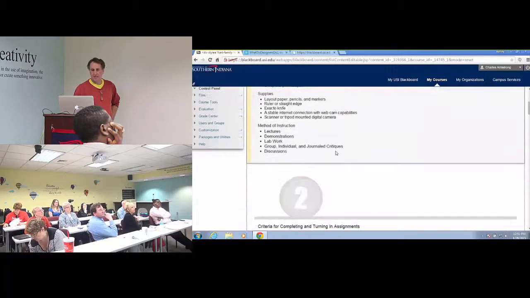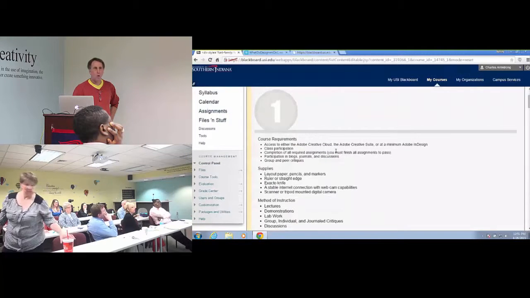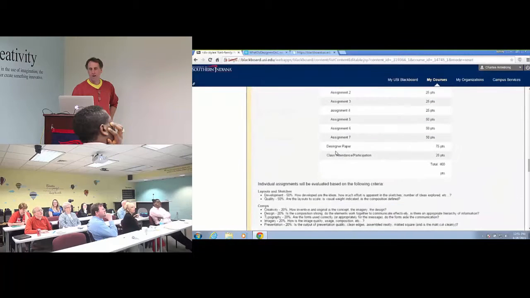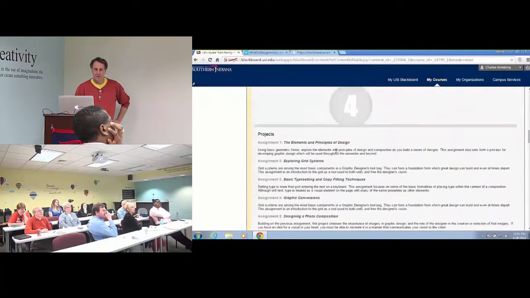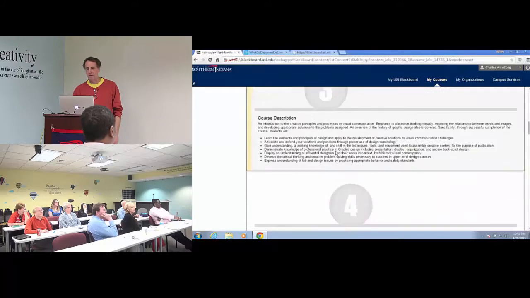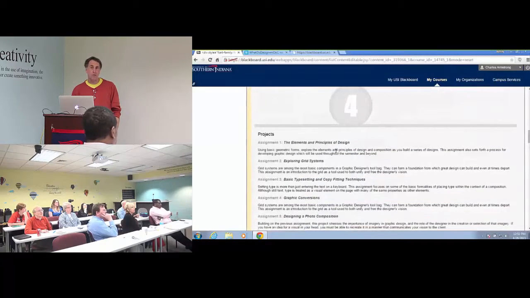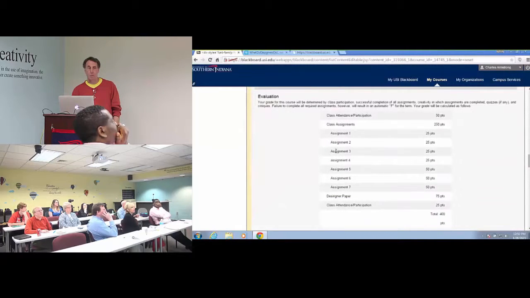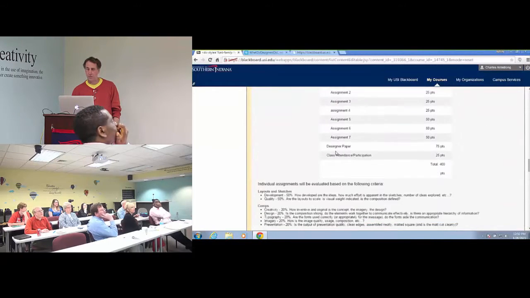My syllabus is laid out. This is something I got from Becky. The hierarchy wasn't there. We didn't know where to start. So I put a big 1 and a 2 and a 3 and a 4 and leading them all through this. The syllabus has some rules about the course, what's required for the course, what they need to bring to the course, what I expect from them. I have an overview of what the projects are, and then sort of a breakdown of how they're going to be evaluated throughout the course,